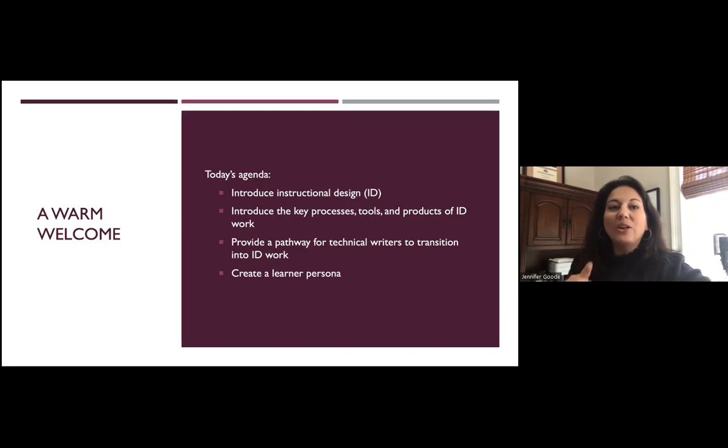And then I know a lot of folks that I come in contact with are particularly interested in transitioning their career from a technical writing side to instructional design. That's a natural pathway, especially for folks who are in STC with us, Society for Technical Communication, because we have a lot of writers, and then a lot of us get repositioned or reassigned or tacked onto new work that has some sort of instructional or training value. And so then we're left scratching our heads like, wait, did I just become an instructional designer? And that happens, right? It happens.